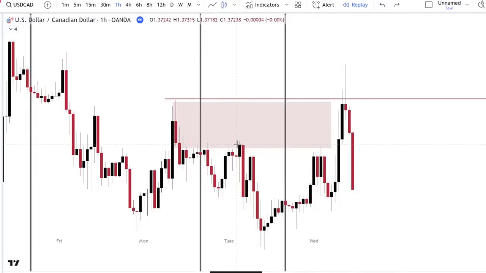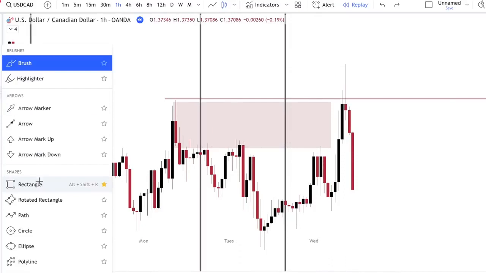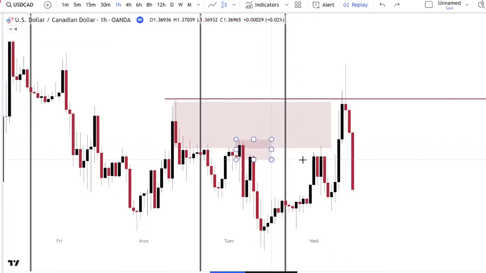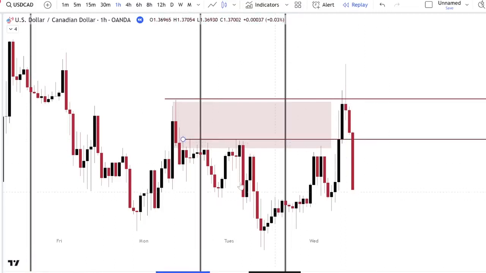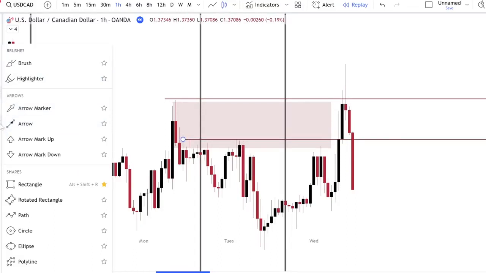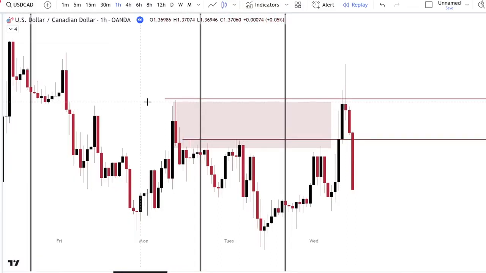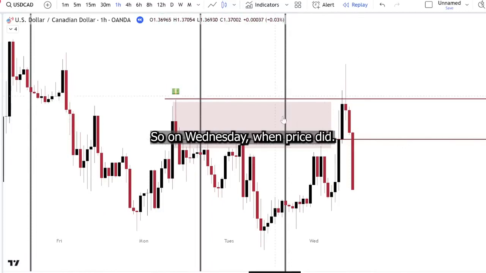Not only your supply and demand traders, you also have your smart money traders being trapped here at this order block, trading this order block here, and on top of all that, you have your traditional support and resistance traders being trapped right here too. So a lot of stop losses are resting right here. A lot of stop losses are resting right here. So on Wednesday, when price did eventually take this level out,